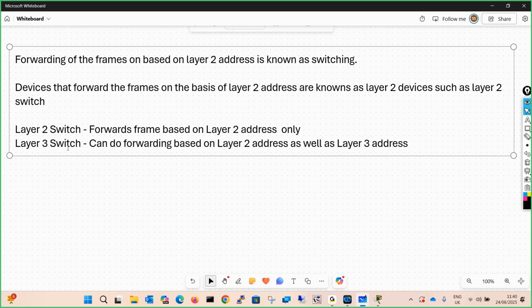For that you need a router. But inter-VLAN routing or some other routing protocols can work on a layer 3 switch, though not everything. It has a limitation. So a layer 3 switch can work on MAC address as well as on layer 3 address, the IP address.